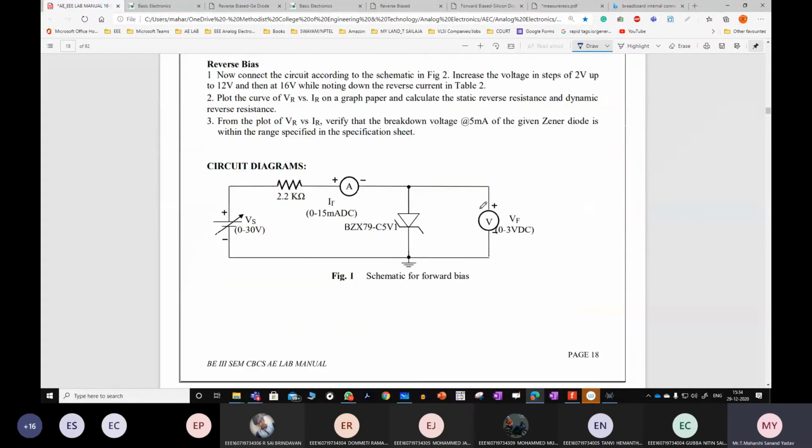Can anyone explain the working now? Working of the Zener diode. Already we have read all these concepts. Working. Is this diode forward biased or reverse biased? Reverse bias. Observe carefully.